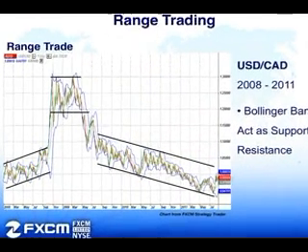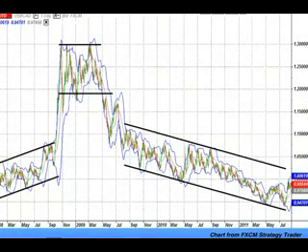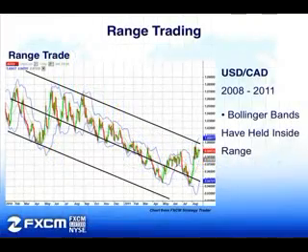So one thing we could clearly see is from these trend lines that we have drawn here, for most of the time, the Bollinger Bands actually hold within the trend lines, reinforcing my outlook that ultimately, yes, my trend lines have been drawn right, and we should see price action hold within these lines that I've drawn here, acting as support and resistance. Taking a look at that in-depth look of the dollar loonie here from 2008 to 2011,